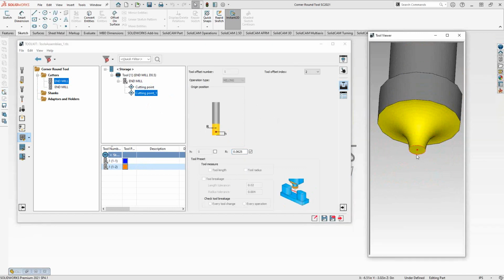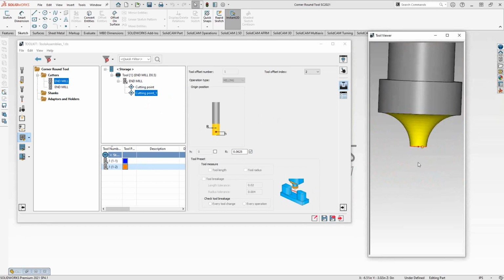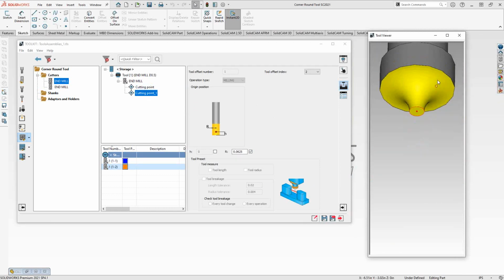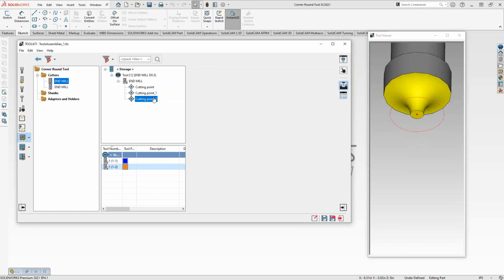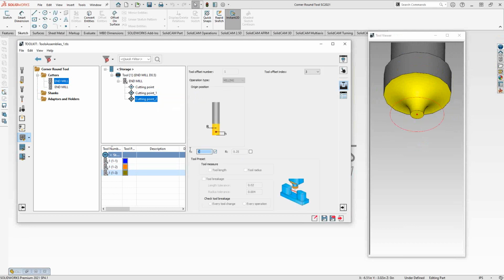So now in my profile toolpaths, in my pocketing toolpath, if that would apply here, any toolpath where I'm telling it to follow a specific chain will now use this diameter to follow that chain. So if I were looking to define a corner round operation, I could choose the bottom edge of the corner round and just use that edge, and I don't have to do any shifting or anything like that. Likewise, I could do the same for the top. So if we added another cutting diameter, let's say we're doing it for the top now, the height is basically the height of the radius. So let's put that at 0.25. And the radius should be,